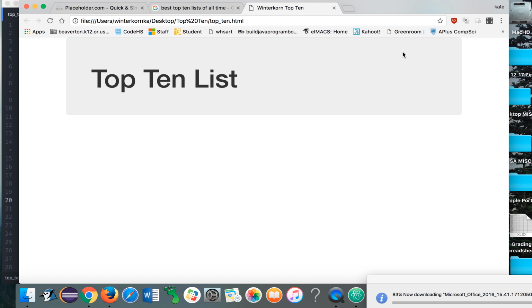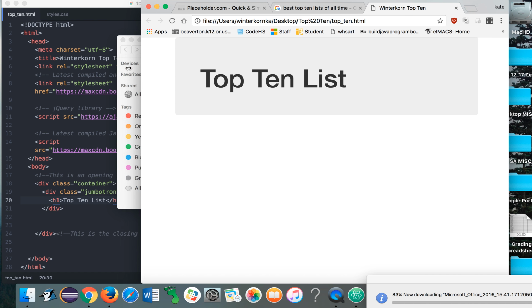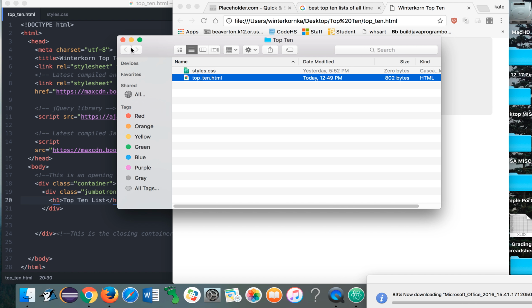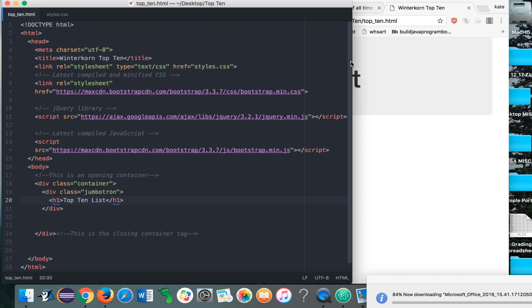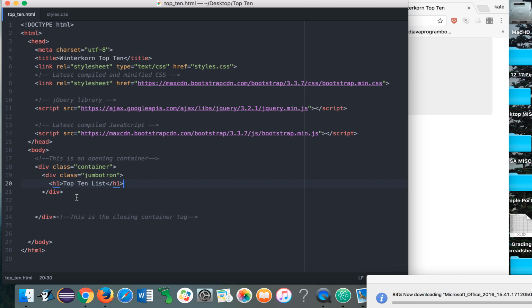And a Jumbotron, as you'll see, just by default is going to give you a gray large well, and it's inside our container, and it's going to be responsive automatically. Great. All right. So underneath our Jumbotron, let's create another div, and let's just create a well, which is just a partition in Bootstrap. And within the well,